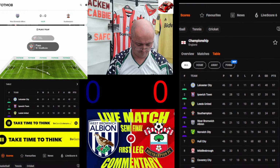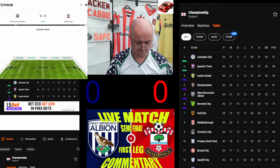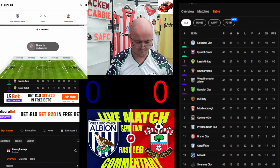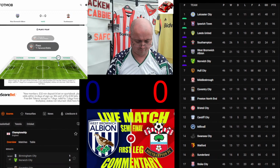Clips ball through looking for Mara, comes to the feet of Armstrong at the edge of the penalty area on the right hand side. Now to Flynn Downes, who's 25 yards out from goal. Armstrong again and Downes just exchanging passes, and Smallbone happy to bring the back three